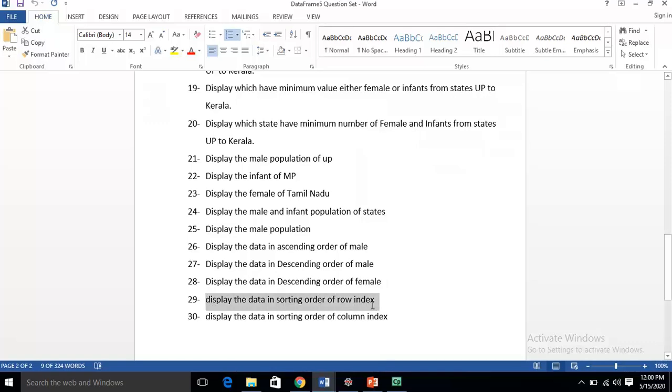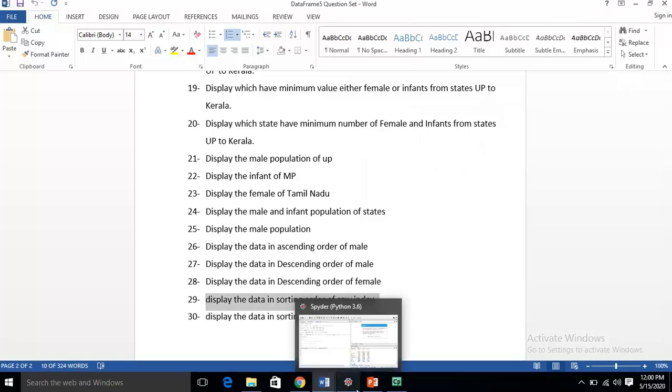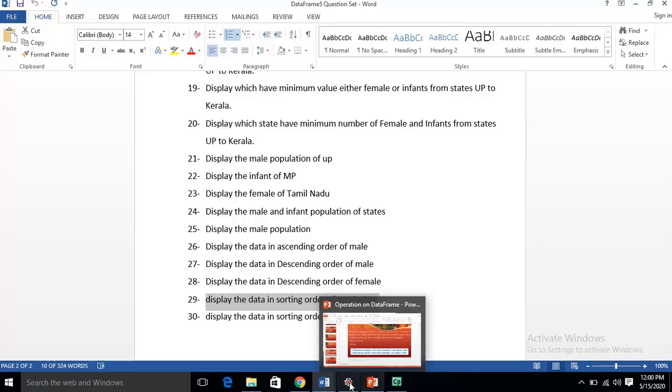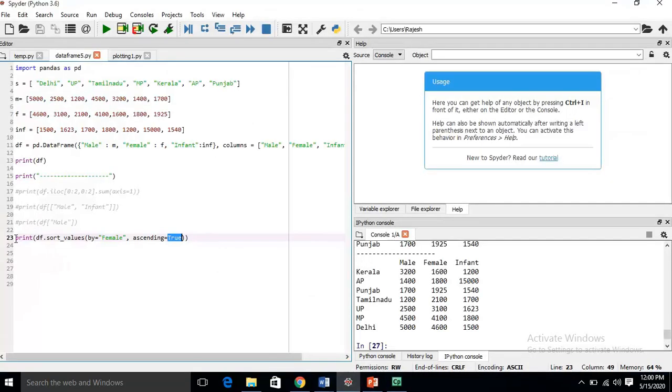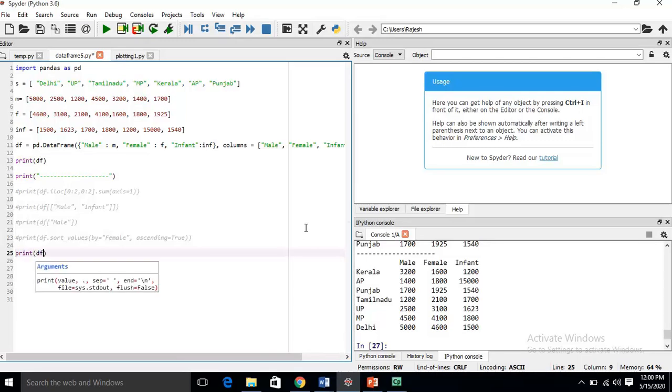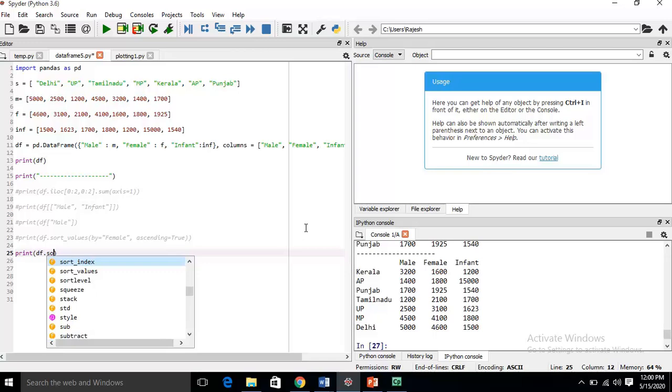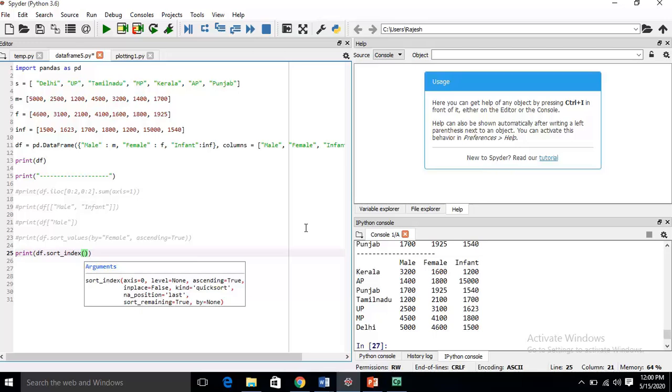Display the data in sorting order of row index. Okay, let me set the data by row index. For this, what will we do? Print df dot sort index, then sort index. Here we simply write this, and now we execute it.